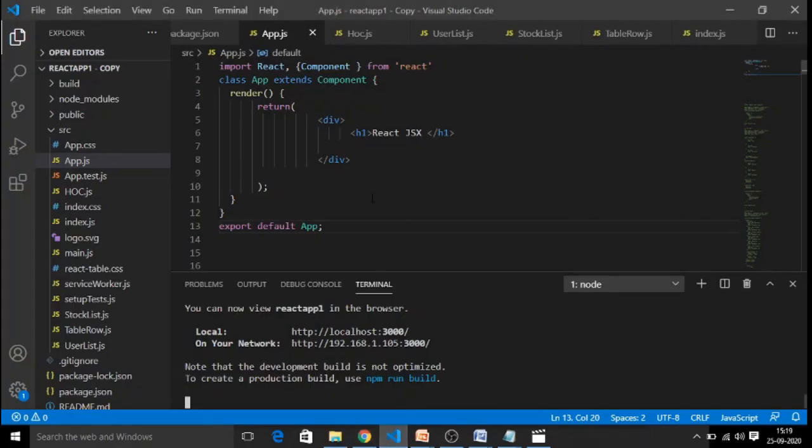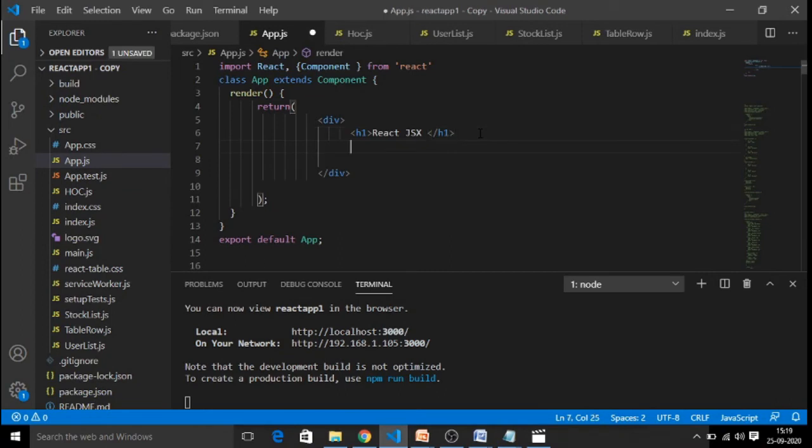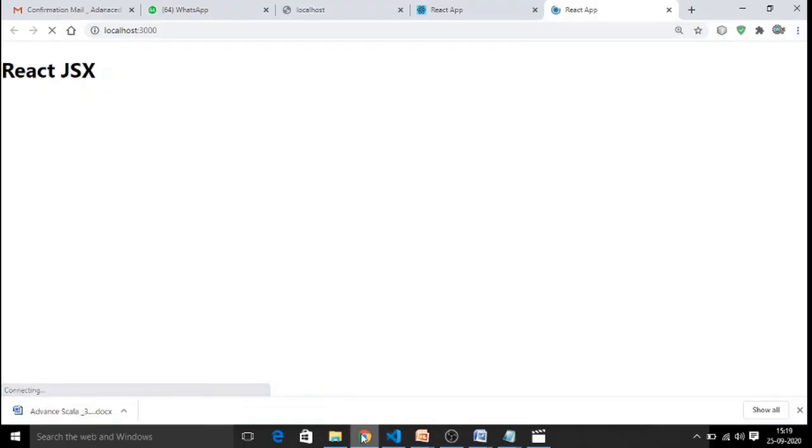Now in the same application, let us continue with some more features of JSX, where I want to add an expression. Simply I want to add two numbers. Any kind of mathematical expressions, okay, you can do with some data defined in your component. You can also perform any kind of expressions in your JSX. Let us save this and observe the rendered content.